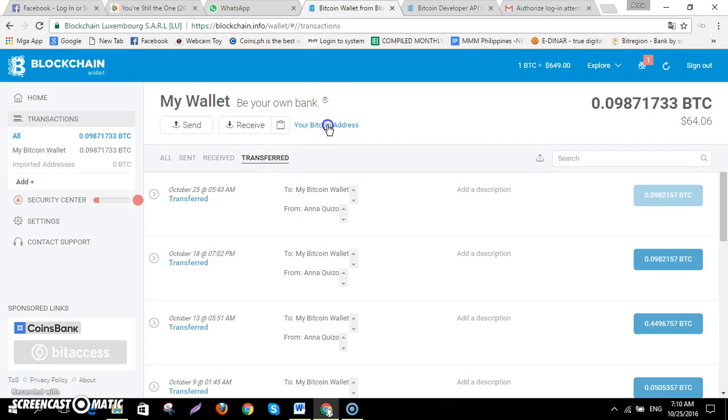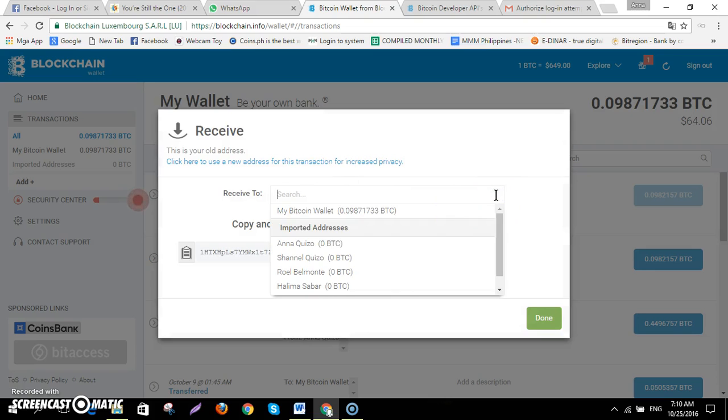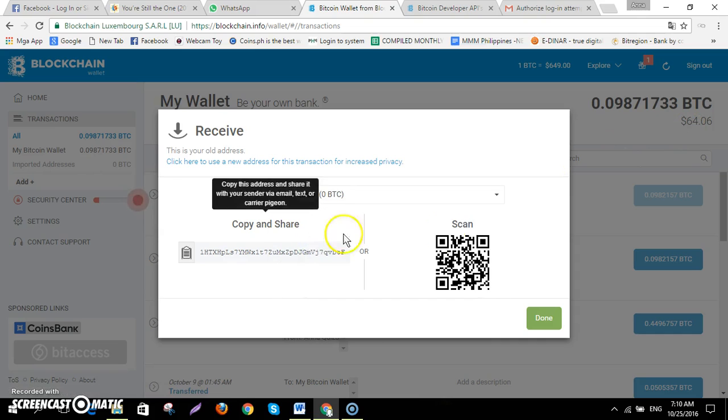Like for me, I have different wallets. When I click it here, my Bitcoin wallet has a current value of 0.098 BTC, so that is around $64.06. And this one is my other wallet.